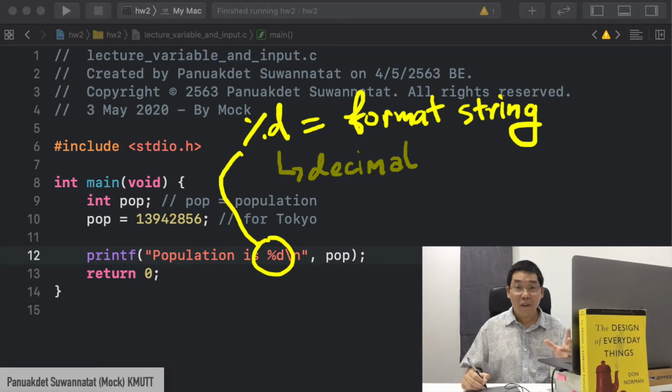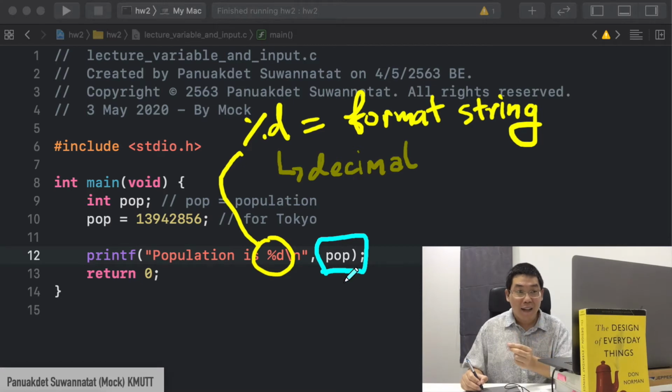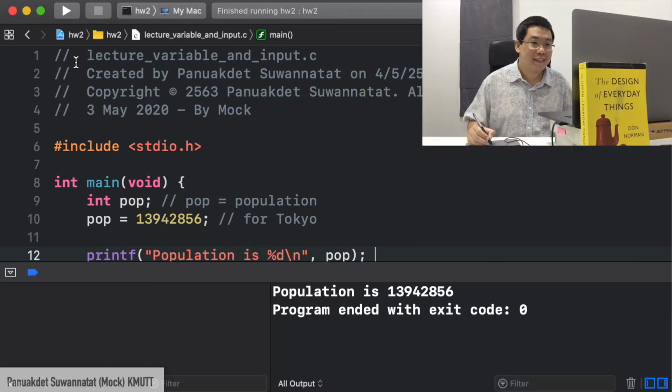It's like we are telling the printf command that we want to print a decimal number here, and it will look for a variable later, and here it finds the variable. It's called pop, and it will look at the pop memory, and it will find about 13.9 million, and it will print it out. Let's try. There you go. It prints out the number.